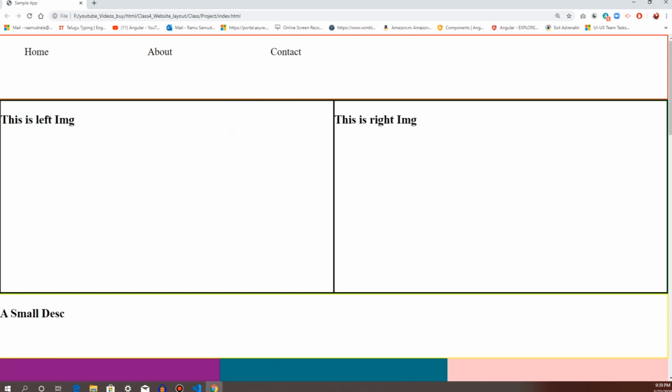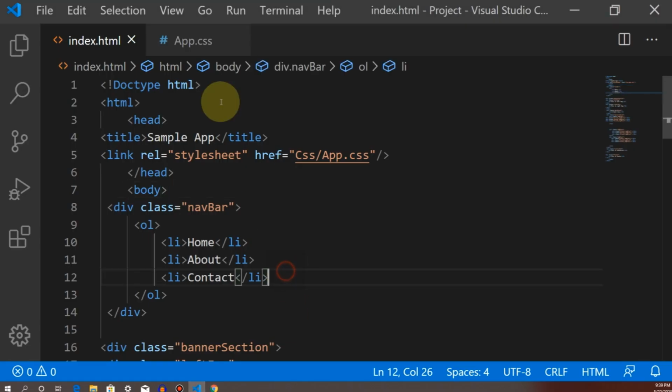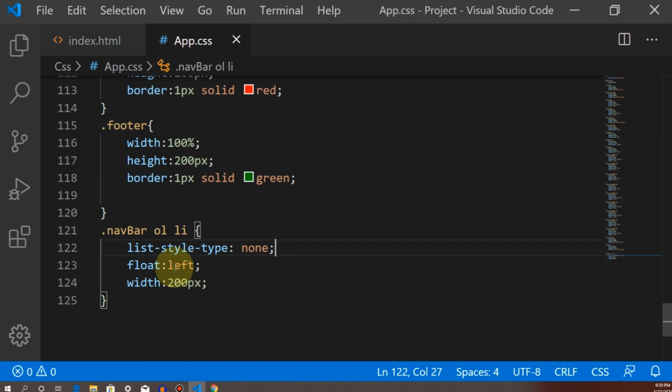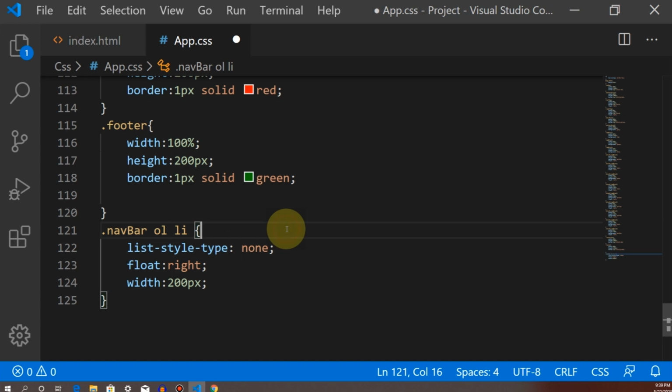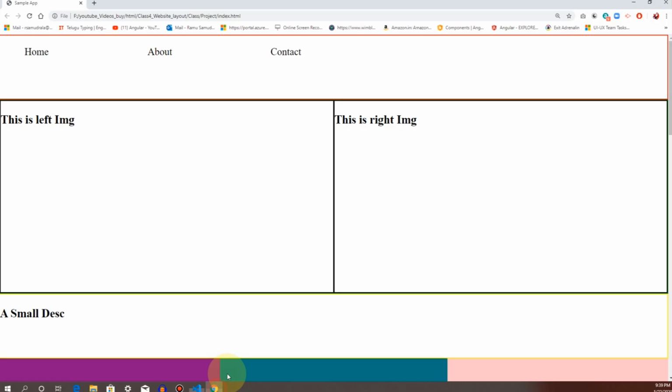Okay guys, we can give float left or right. So I am giving right instead of left here. Let's see the execution. All my LI items will appear from the right side, right? Earlier it was home, about, contact, now it's contact, about, home. It's reversed, like flipped, right?